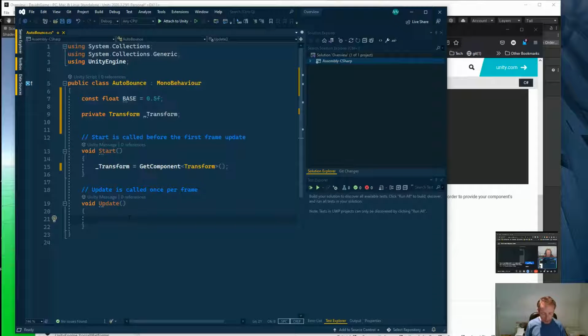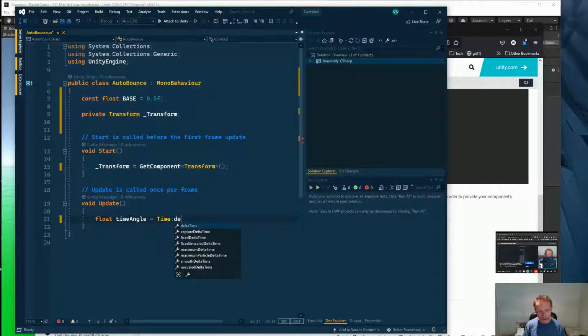So what we can do is we can come up with an angle. I'll call it time angle because it's really an angle over time that's changing. So let's do a float timeAngle as a local variable, and I'm going to use Time.deltaTime, and we can multiply it by some factor to say how fast we want it to be. The deltaTime property